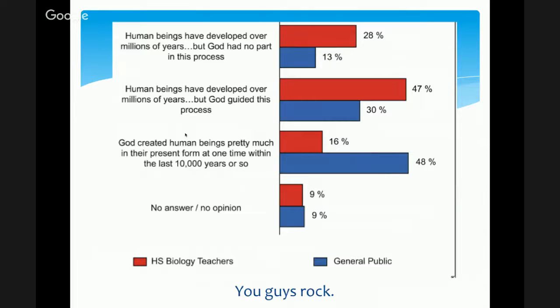Now I want to show this particular one because high school biology teachers, you guys are represented in red. And you guys rock. So problems in the classroom, it's not your fault. It's not high school biology teachers thinking, oh, I know what I have to do, I need to teach creationism because evolution's wrong. We know that's not what's going on. Rather, what NCSE is discovering and trying to work on now is helping you to teach what you want to teach. I think that these data are really symptomatic because unfortunately, about 25% of high school biology teachers spend at least an hour on creationism or intelligent design. But we know that 25% of teachers don't have that view. You can see that right here.